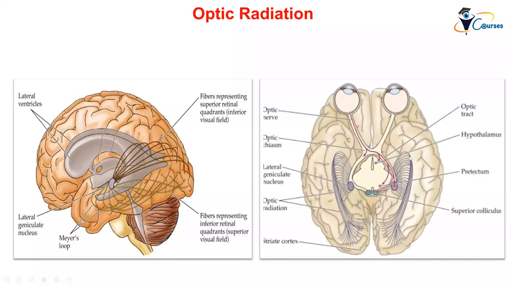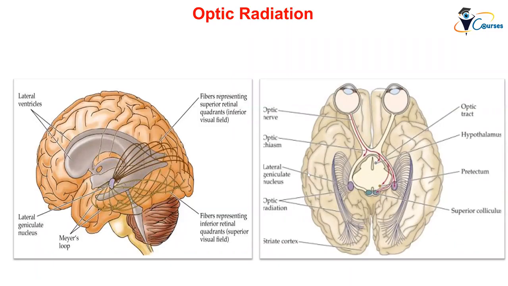So here again, let's see. This is the lateral geniculate body, and this is the parietal radiation and the temporal radiation. What we want to say here is that the pupillary fibers do not pass through the lateral geniculate body. They skip it and pass into the pretectal nucleus, so that they pass to the brainstem centers, while the optic visual fibers continue through the lateral geniculate body